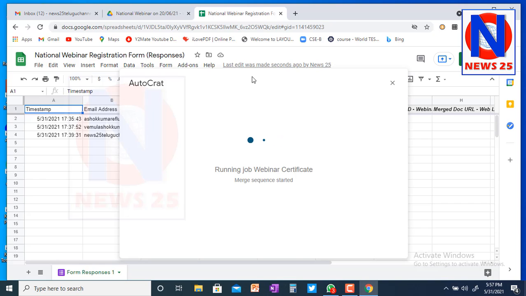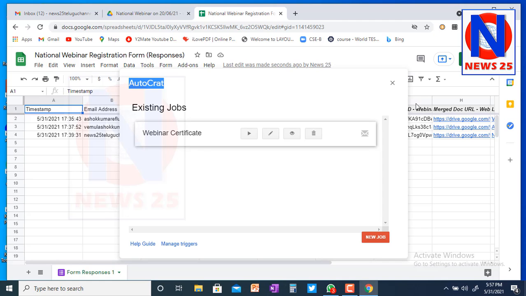So here you can see the merging sequences here. Okay, so 2 out of 3, 2 certificates have been created and they have been sent. Okay, right, so done. Let us close this window.